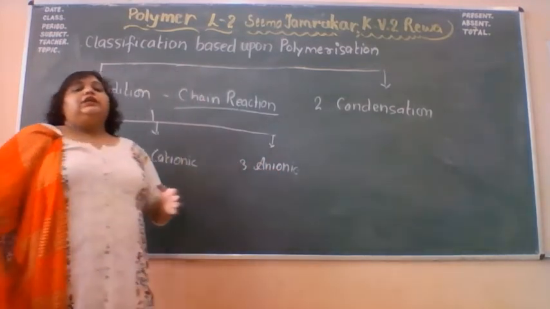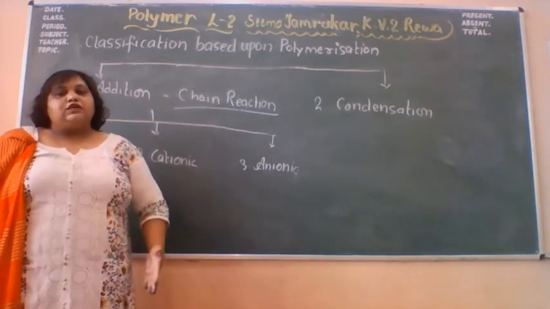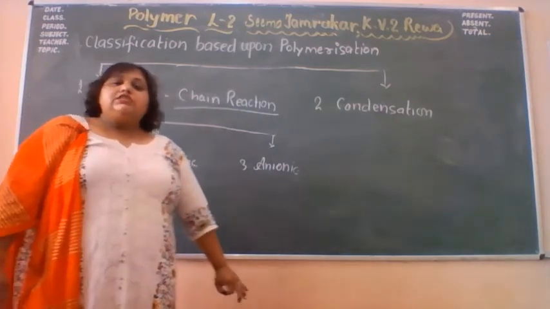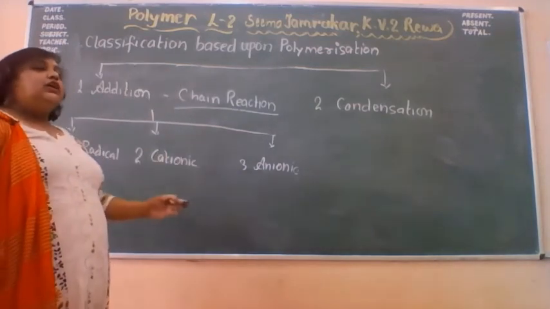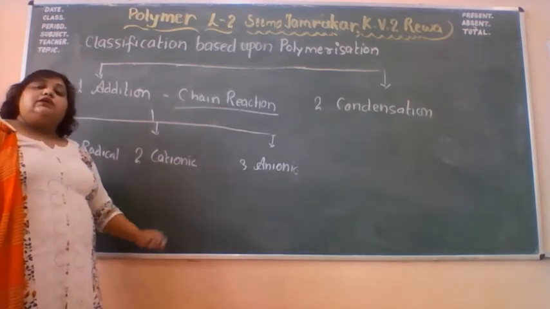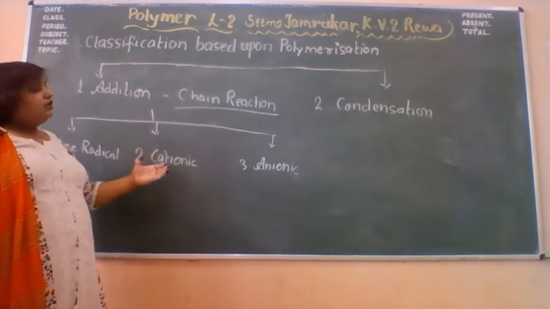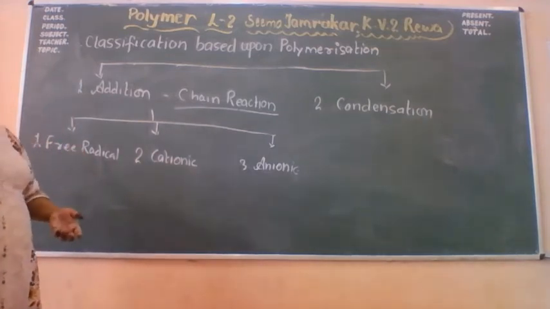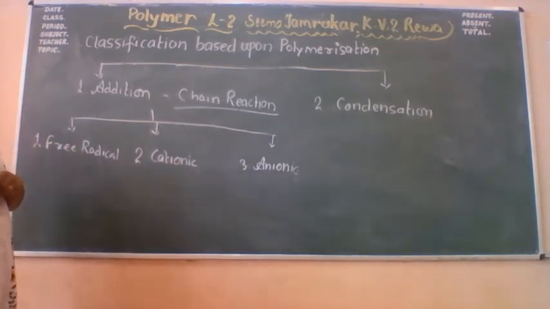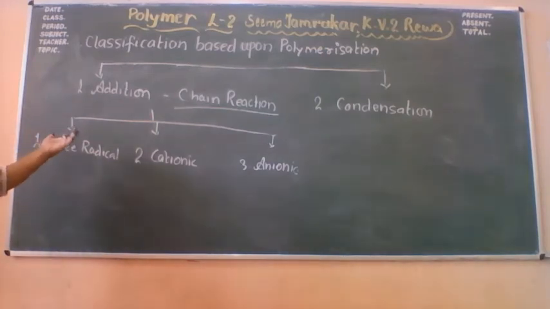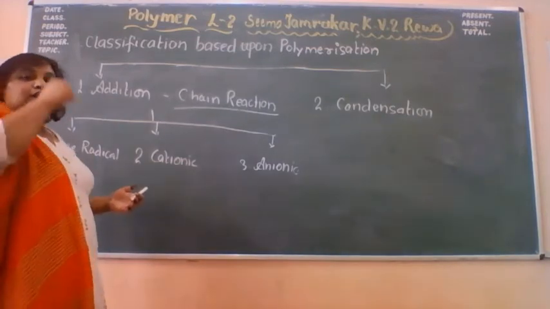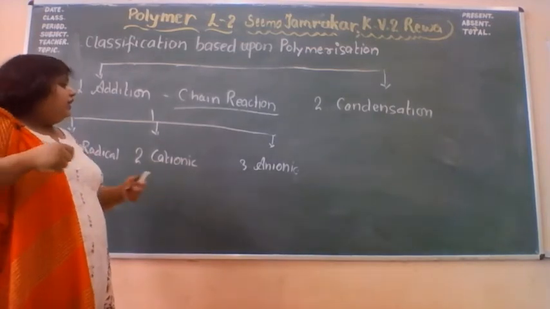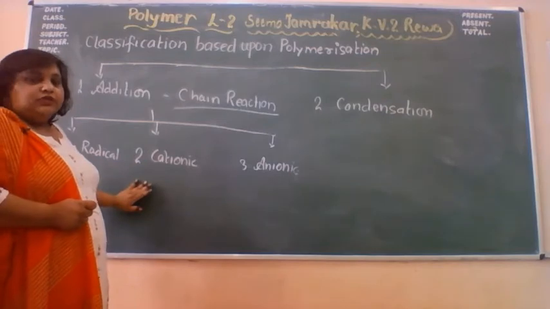In a chain reaction, 3 steps take place: chain initiation, chain elongation, and chain termination. These are the 3 steps that take place in every chain reaction, whether it is a nuclear reaction or any other kind of chain reaction, a normal polymerization or a normal organic reaction. In every case, 3 steps take place.